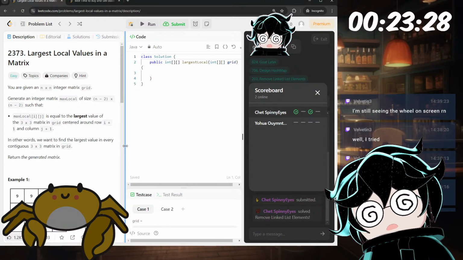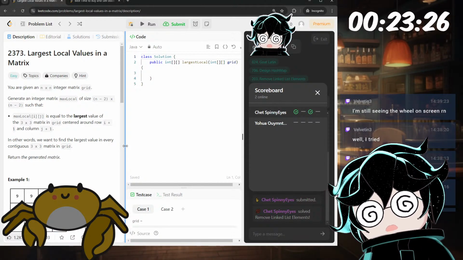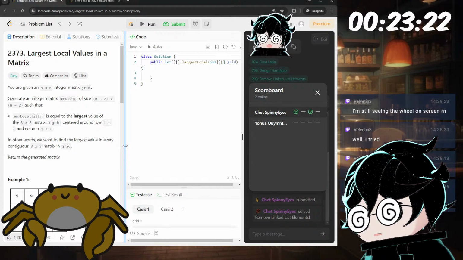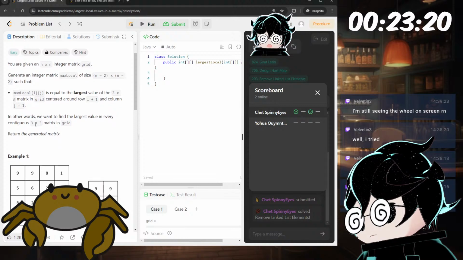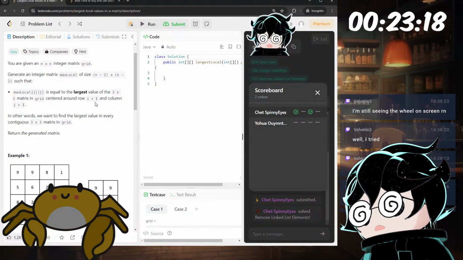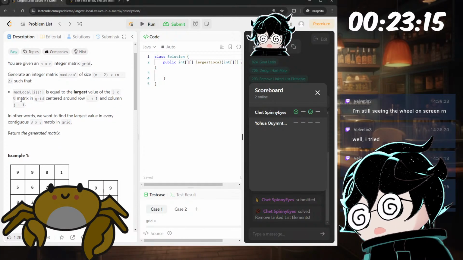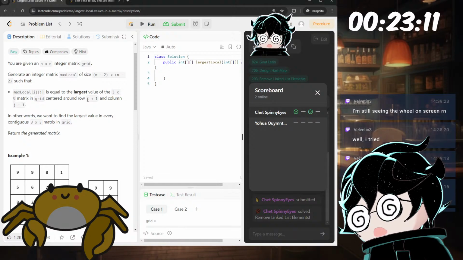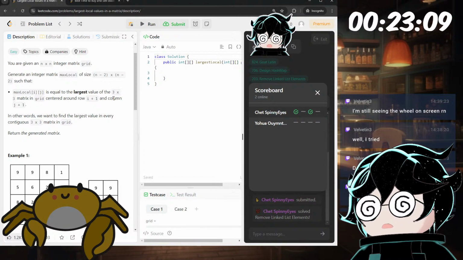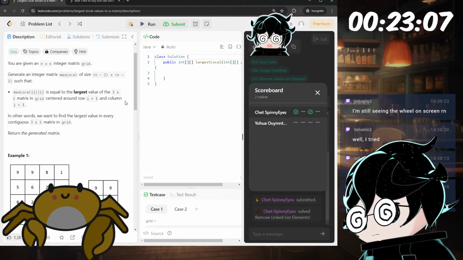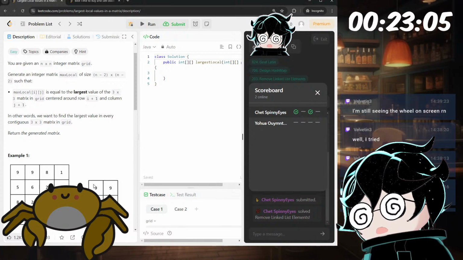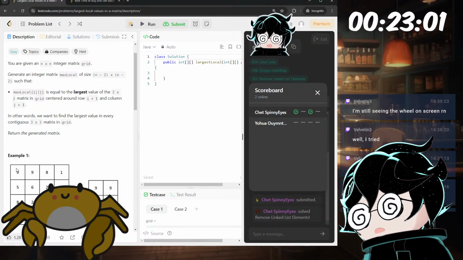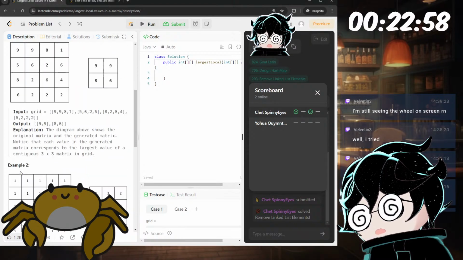Generate an integer matrix maxLocal of size n minus 2, where maxLocal[i][j] is equal to the largest value of the 3 by 3 matrix in grid centered around row. Wait, I don't get it.